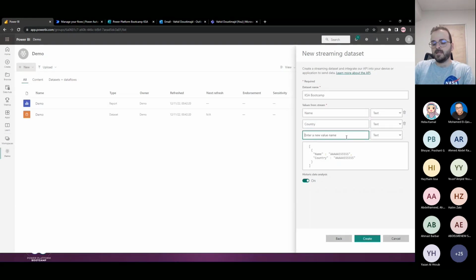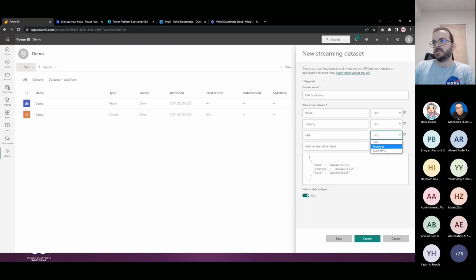And that's again text. And the last is the rate, which is the number. And when I type them, that will write this code here, which is like a JSON code here for me. And then I need to make sure the historic data analysis is on. Otherwise, if you submit something,